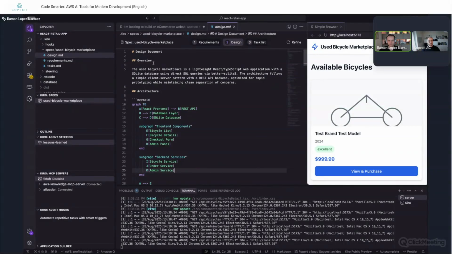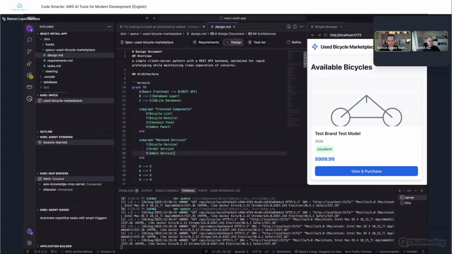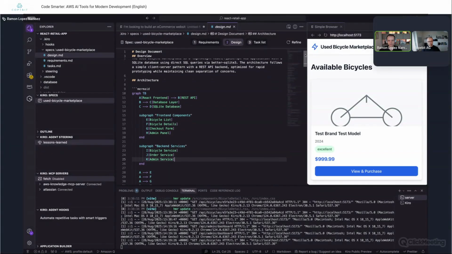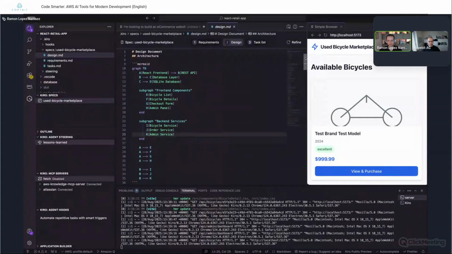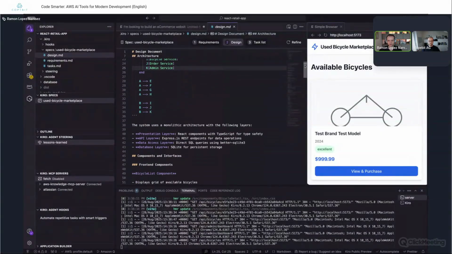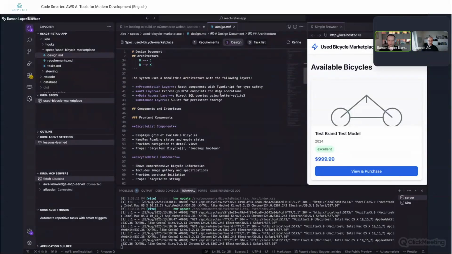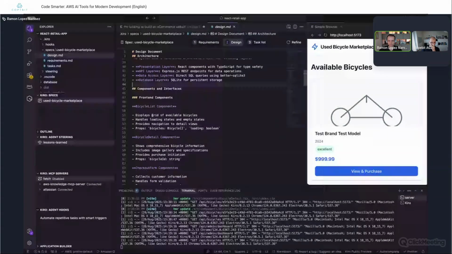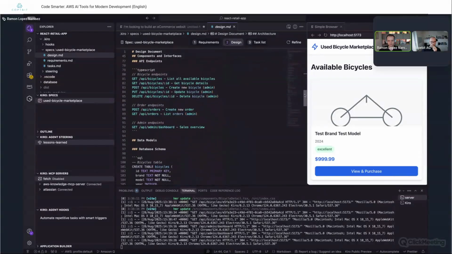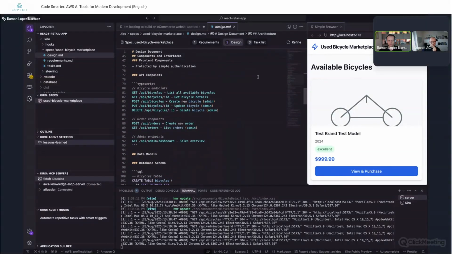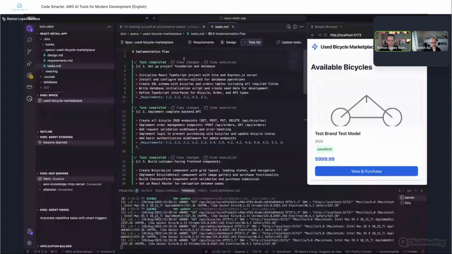And again, Kiro then wrote this design spec. The design is meant to be more technical, and it's less about the features and more about technical choices and architectural choices. So it talks about the different layers of the application, the different front-end components that will be built, and the API endpoints, things like that, right? Again, if you're happy with that, you go ahead and it will create this task plan.